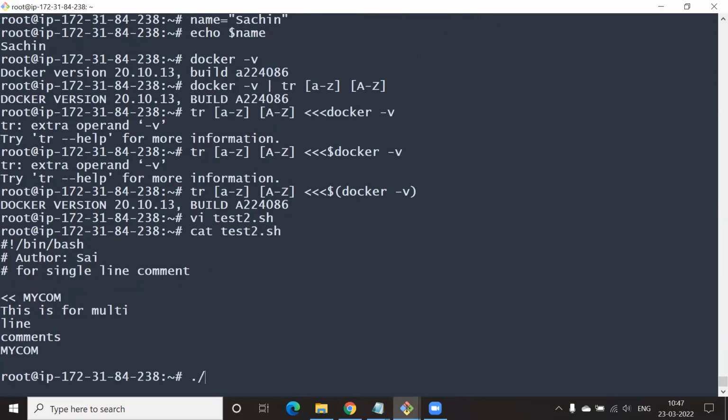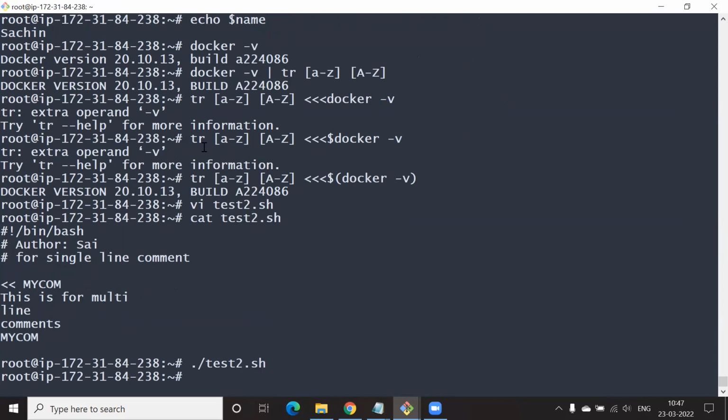Now run it. Okay, why are we not seeing anything? Maybe we don't have any command to display on the terminal. So in other words, what is hash? Hash is a comment, for a single line.